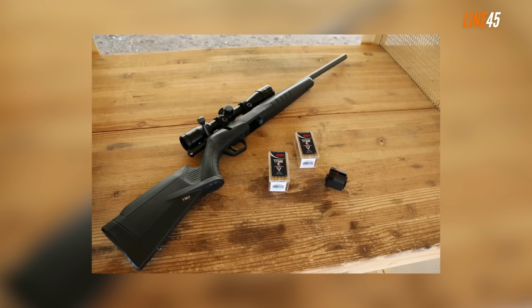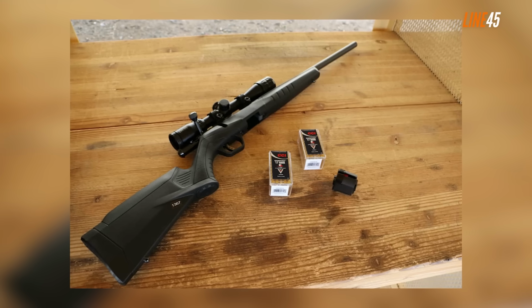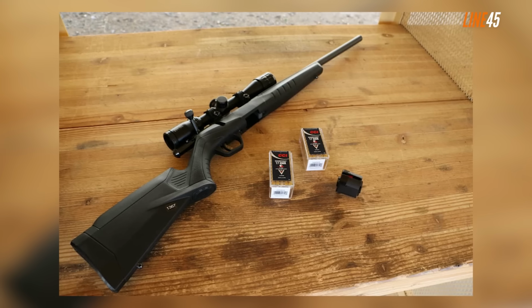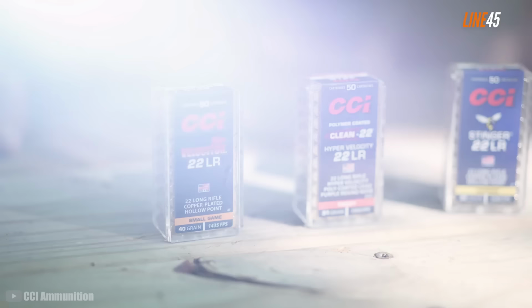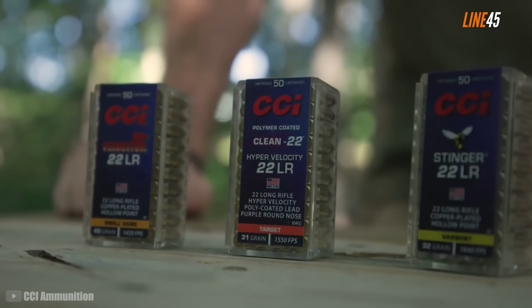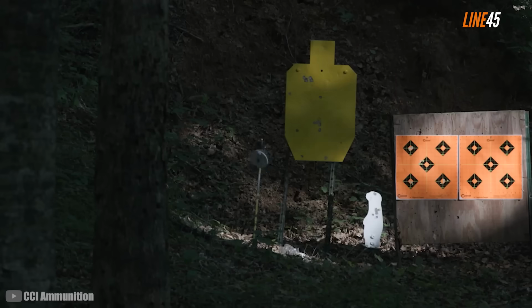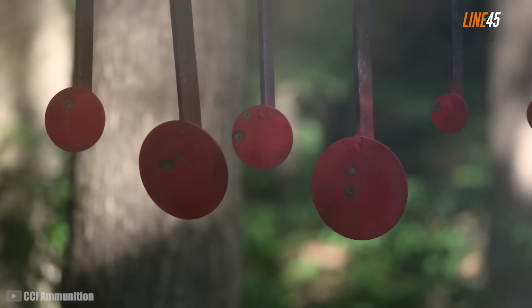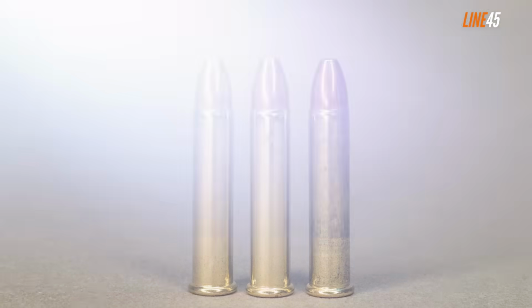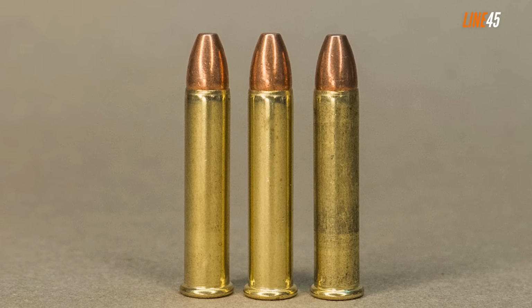Now I remember the first time I chambered a .22 Magnum in my old Marlin 983. I was out on the back 40 just plinking cans and checking zero. I'd shot plenty of .22 LR before, so I wasn't expecting much of a jump. But the crack off that first shot told me right away this wasn't just some hopped-up squirrel round. It had a bite. That was the moment I started paying real attention to what the .22 Winchester Magnum rimfire